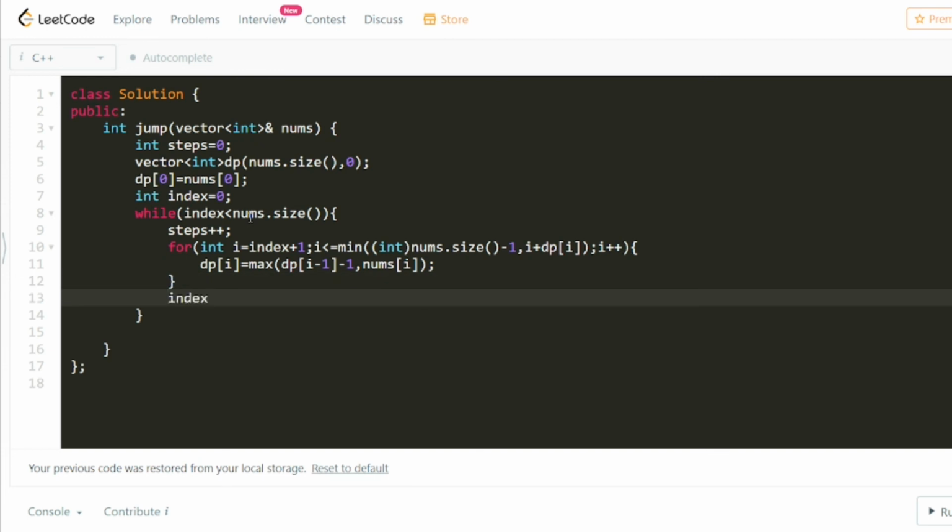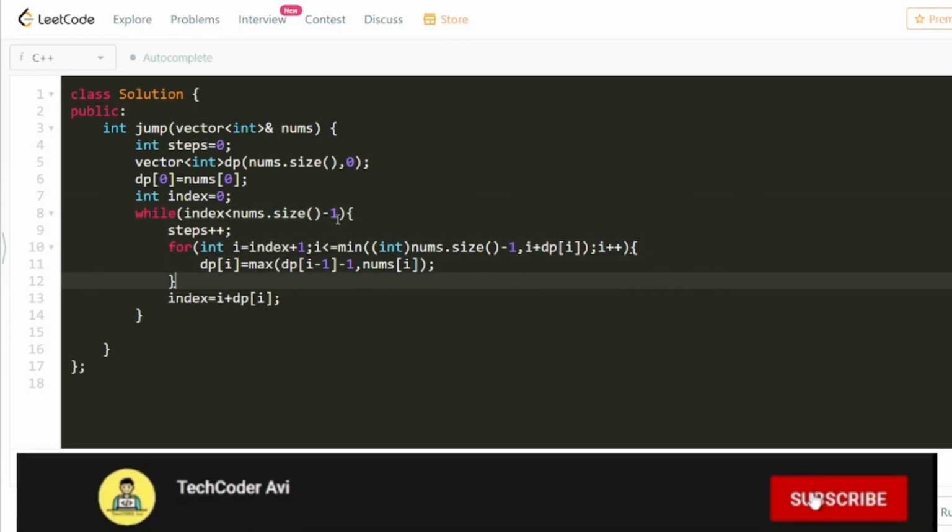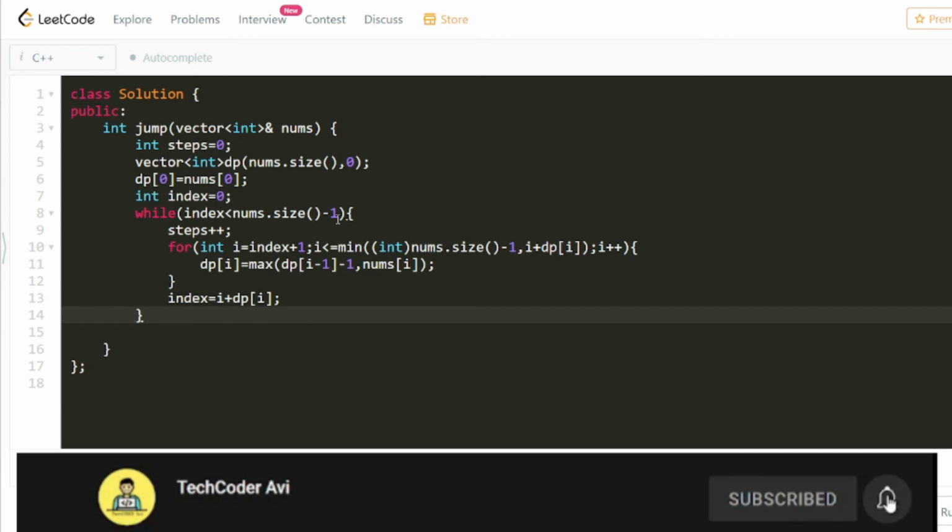So our index will be updated to I plus dp of I. And we're going to go up to index minus 1, otherwise we're going to get a wrong result.